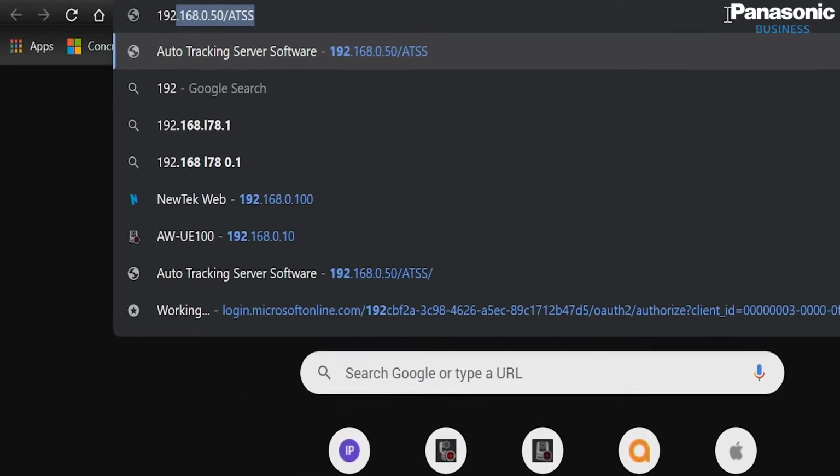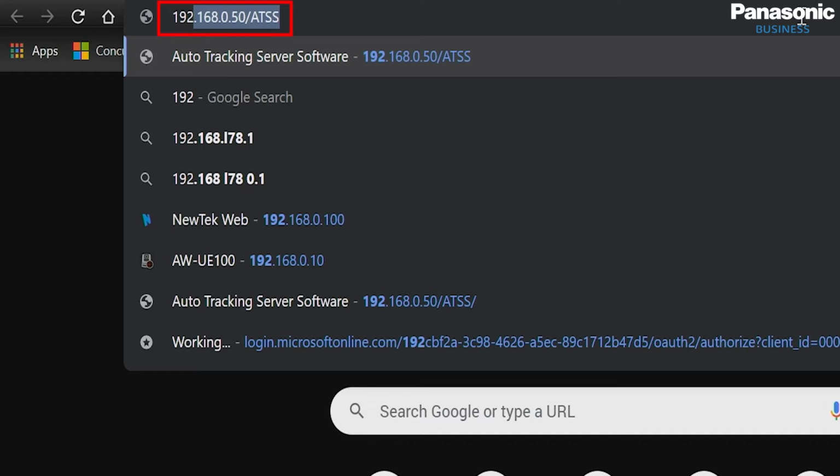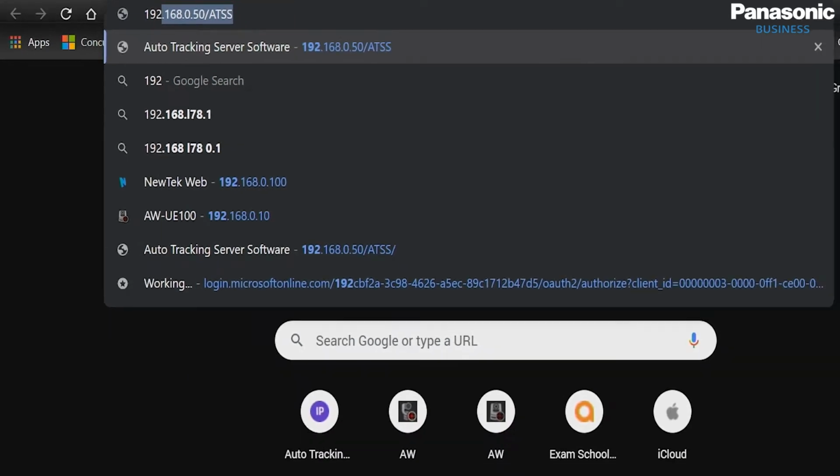So in our setup here in the studio, I have the auto-tracking server connected onto the same network as our PTZs, and I also have my laptop here. And if I want to activate the auto-tracking interface, which is now running as a service on the auto-tracking server, I then type in the IP address that I just mentioned. We then put /ATSS, auto-tracking server software,